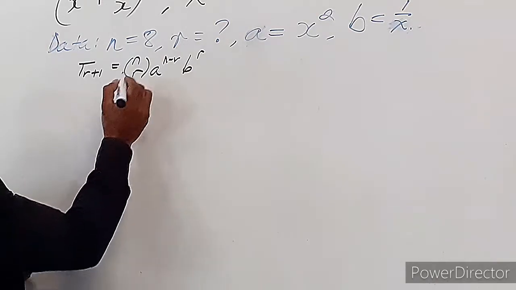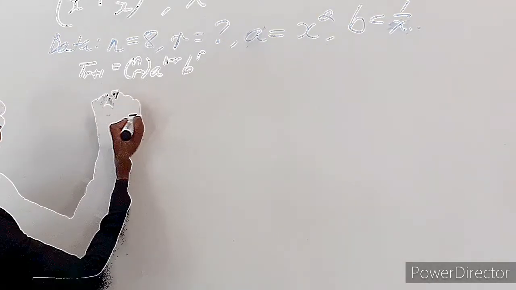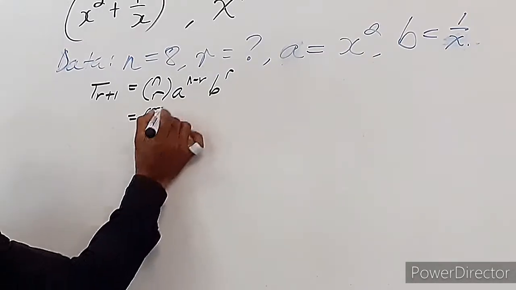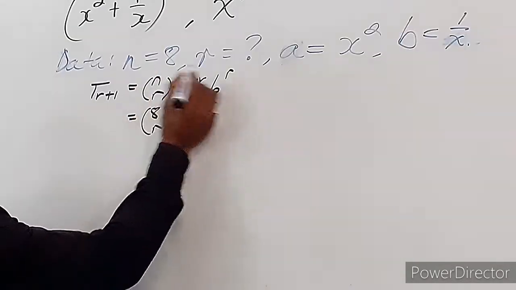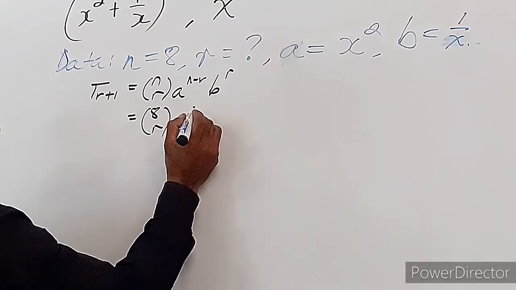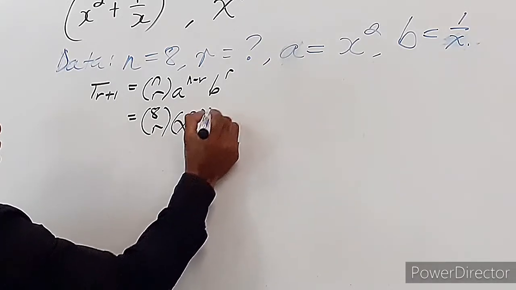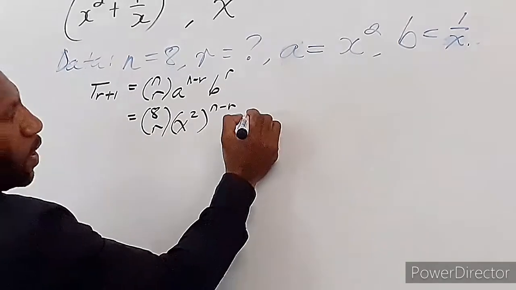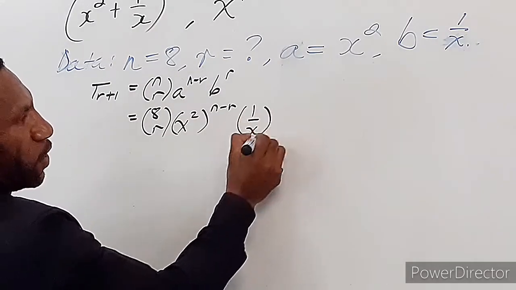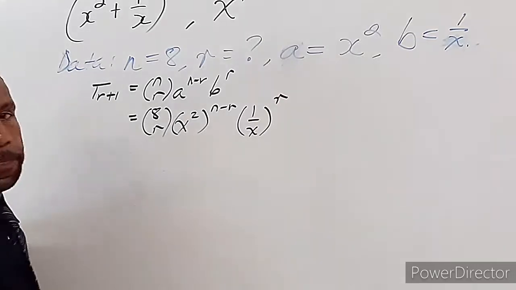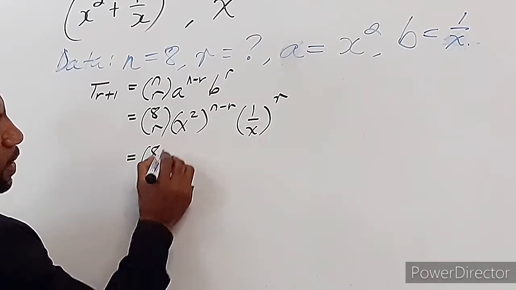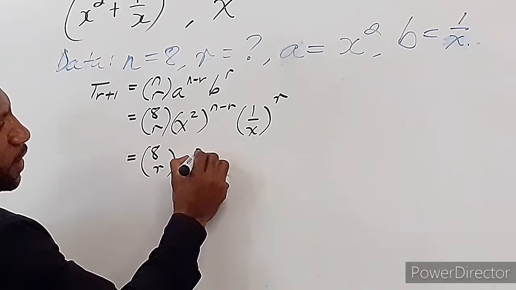So I will now substitute the values in here. My n is 8. The value of r I don't know, so I'll leave it like that. A is x squared, so I will have x squared to the power of n minus r. And my value of b is 1 on x, so I will have 1 on x to the power of r. Now for evaluating it, I will have 8 choose r, then I will have x, and then 2 times